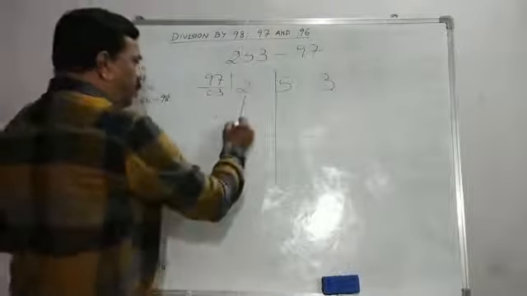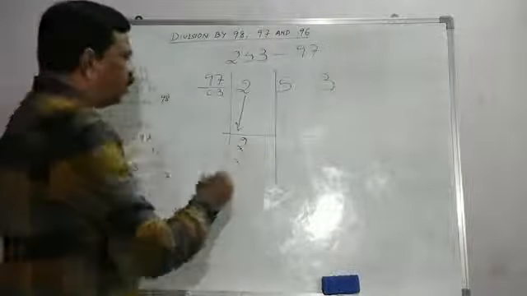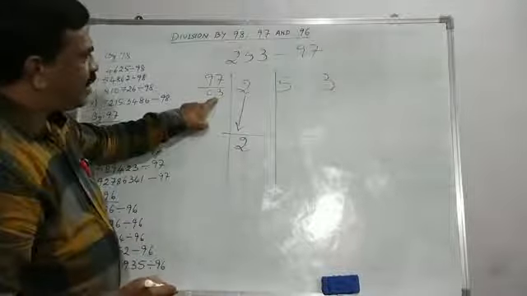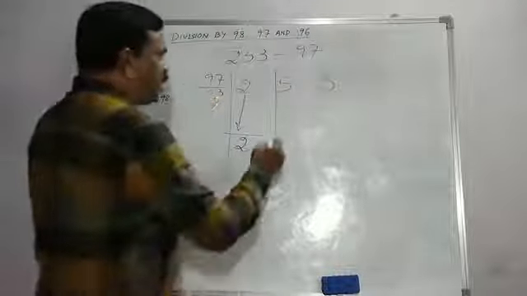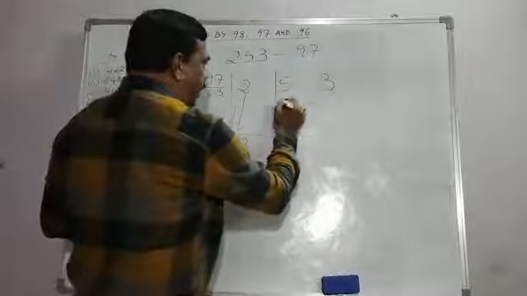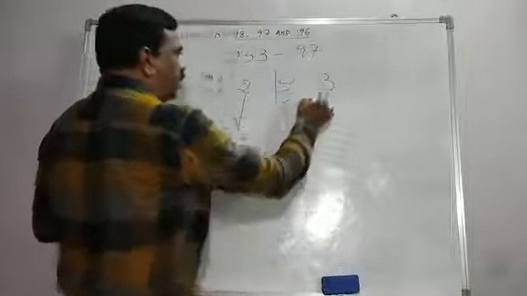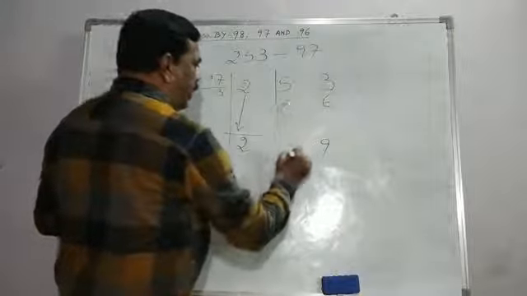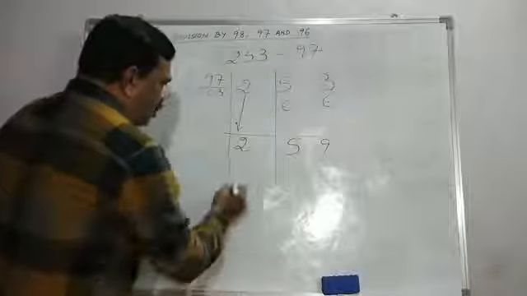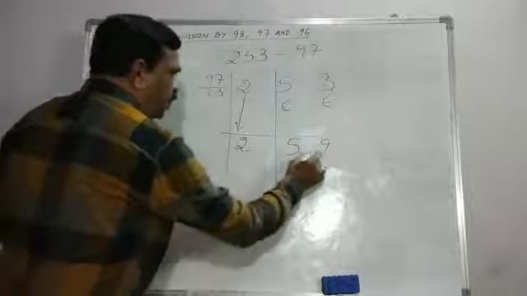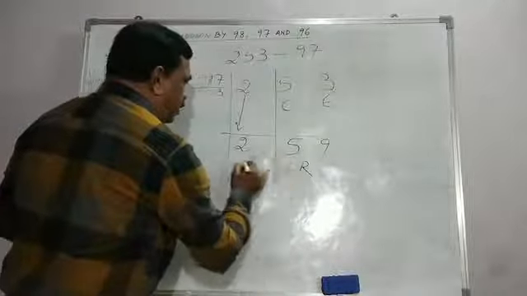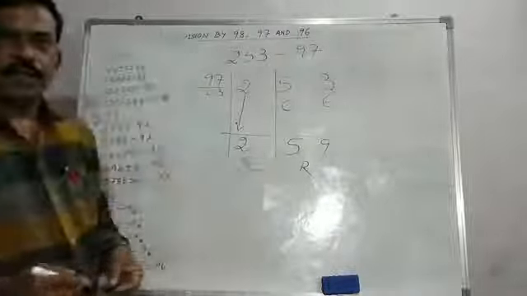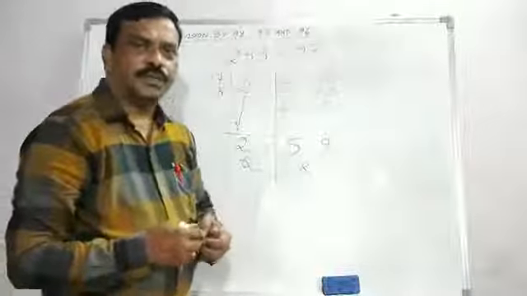This first number 2 we write as it is at the bottom here. Now 2 3s are 6. This 6 don't write as a single digit, write it as 0, 6. Now 3 plus 6 is 9 and 5 plus 0 is 5, so 59. So this 2 is our quotient and this 59 is our remainder. Our problem is finished. It is so simple.